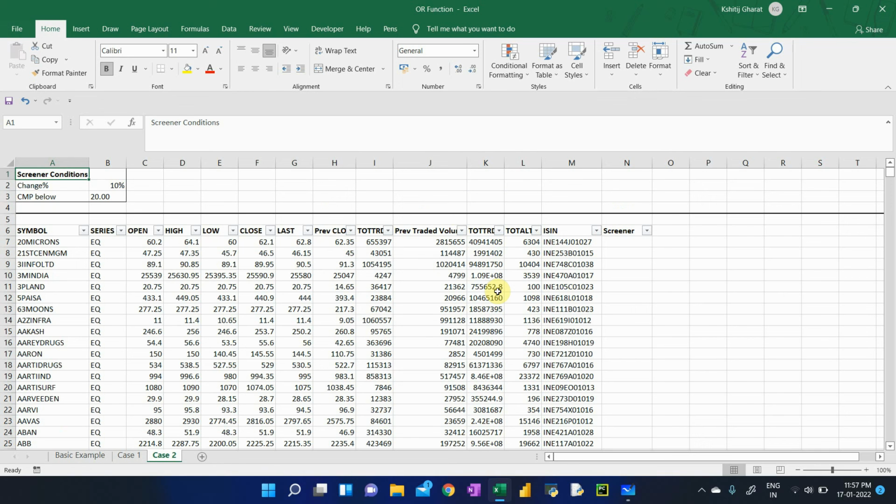It can be in any direction, plus 10% or minus 10%. And your second criteria is that if the change is not more than 10%, then I want to target penny stocks, that are stocks which are less than 20 rupees. This 20 is again defined by you. It can be 30, it can be 15.